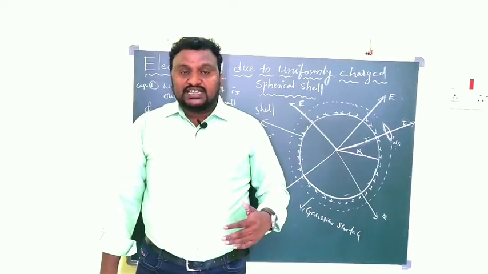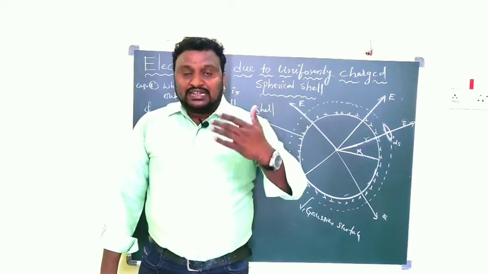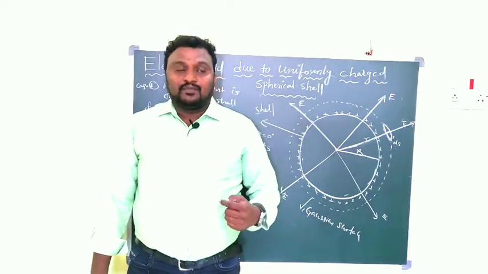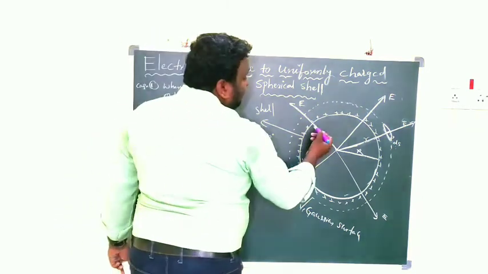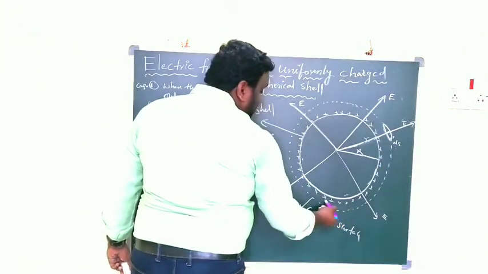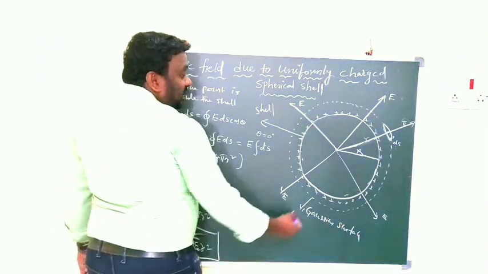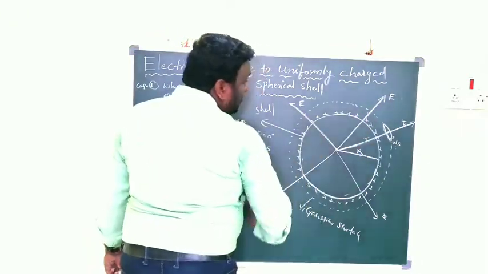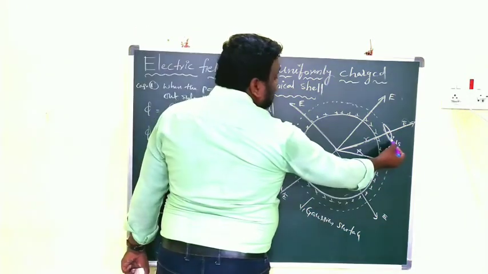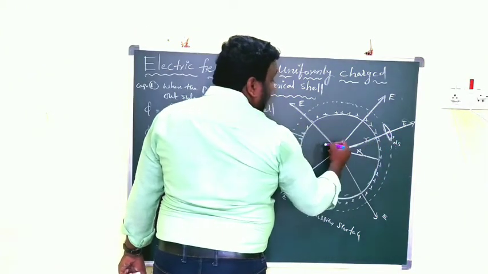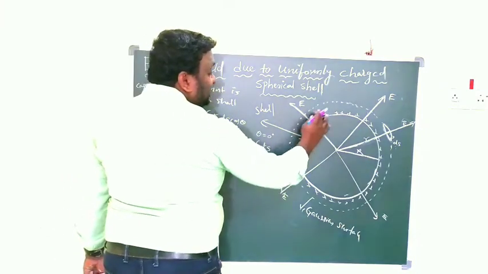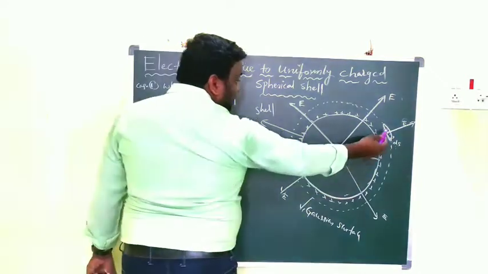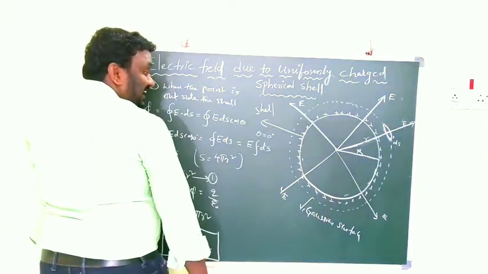What is small r and what is capital R? Capital R is the radius of the charged sphere we have taken. This is one spherical shell of positive charge distribution, and R is its radius, and the electric field is radially outward in different directions. The point P we selected is outside the sphere. At this point P we want to find out the electric field intensity.